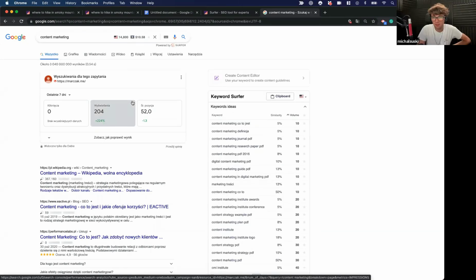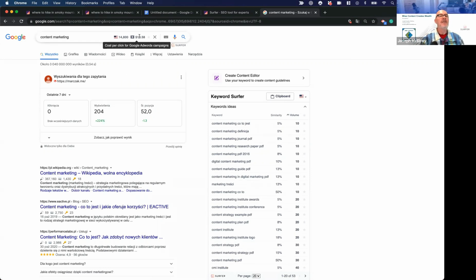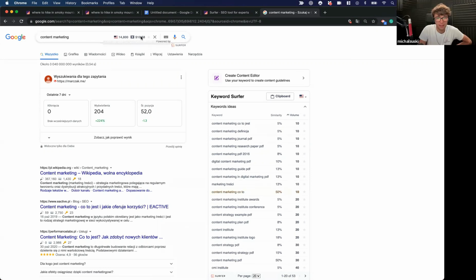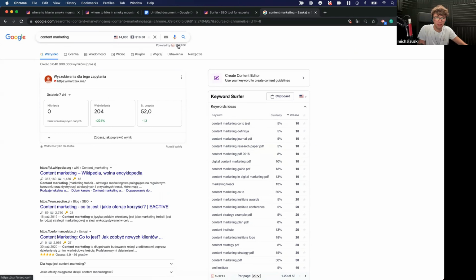Can you see my screen? Yeah. This is Google, right? And can you see the search volume and the CPC value here? And can you see the additional box of keywords where you can do research? Oh, so that's what the Keyword Surfer is. Okay. Yes. Good, smart idea. You guys are smart. 300,000 users see it, powered by Surfer. All right. That's smart.